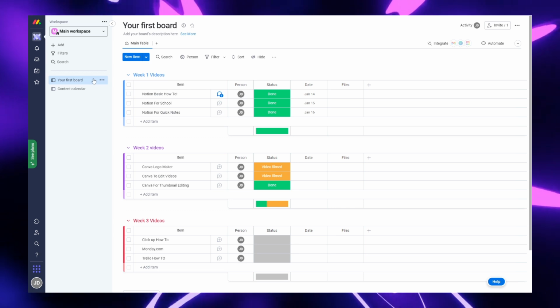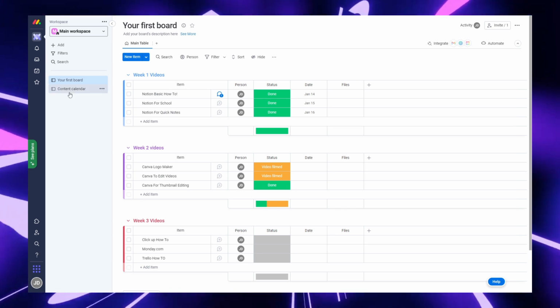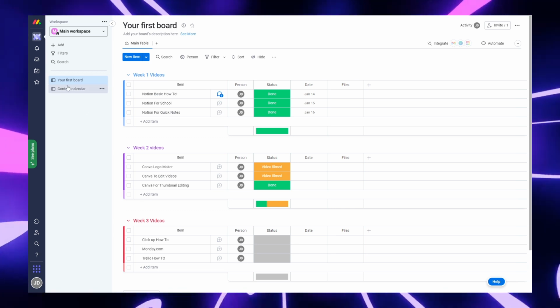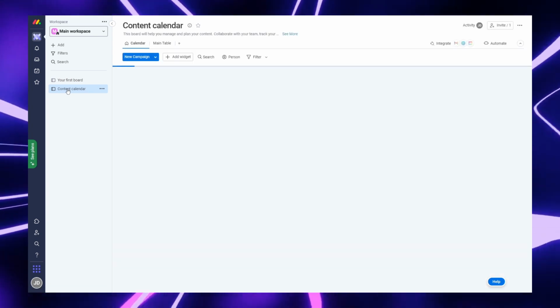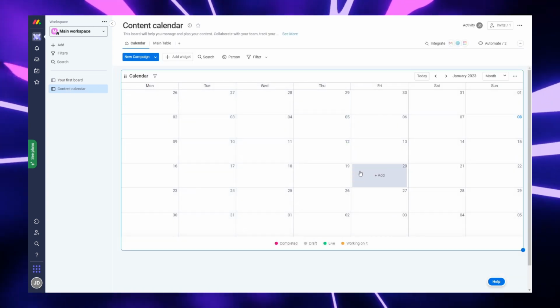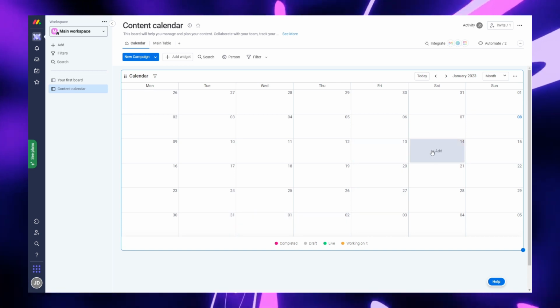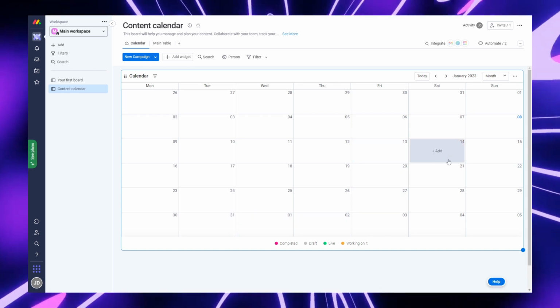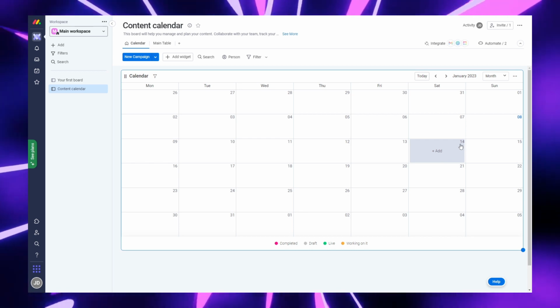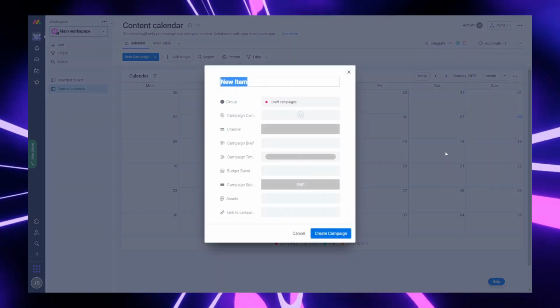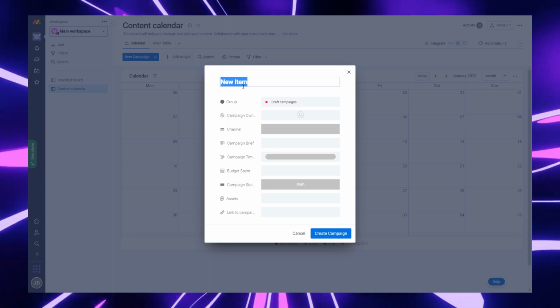Now, moving all the way over here once again to the content calendar. Click on that. And we can then go, let's say if we like this idea better, we can add, let's say, the events or the videos to the calendar. So let's go over here to January 14th. Let's hit add new item,